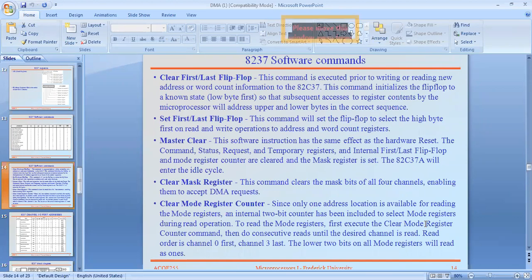Why are they called asynchronous inputs? Because the flip flop is basically a memory or storage element.